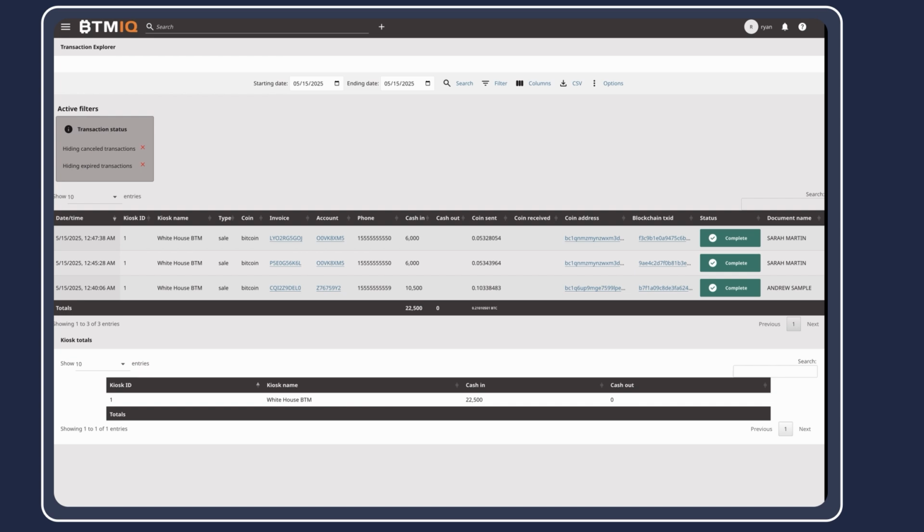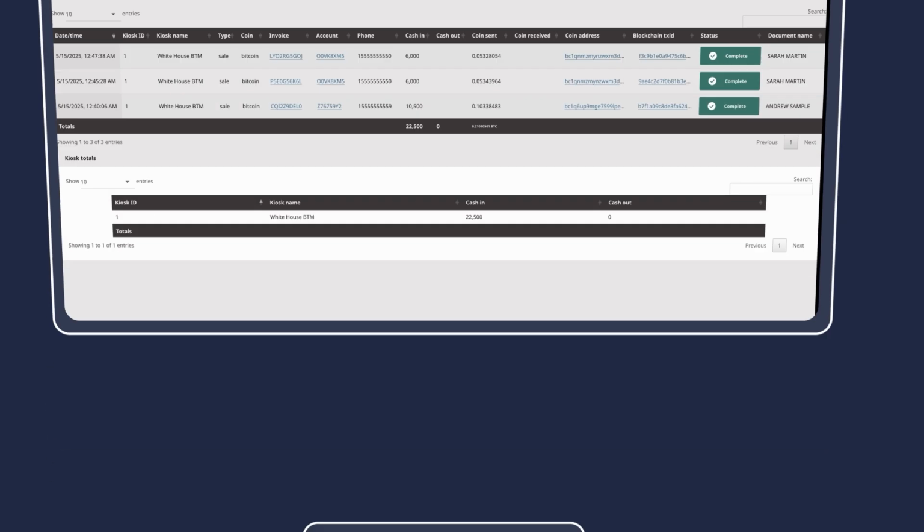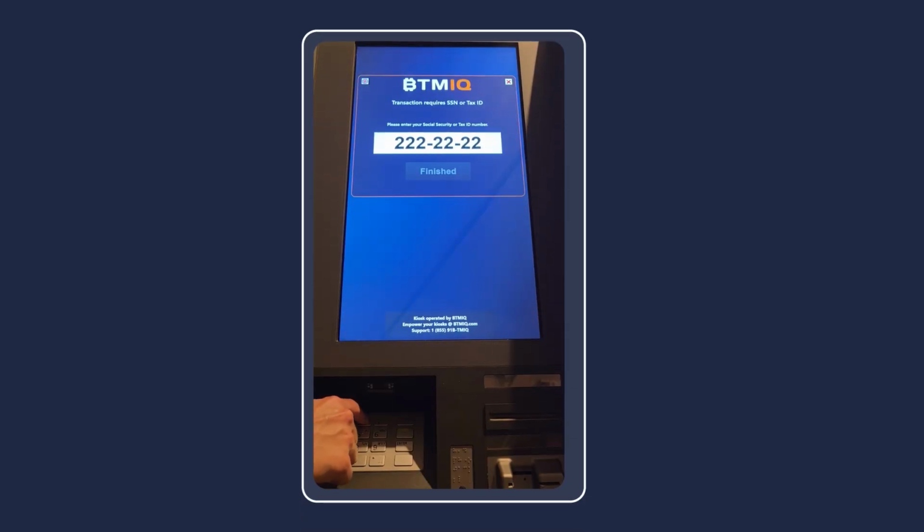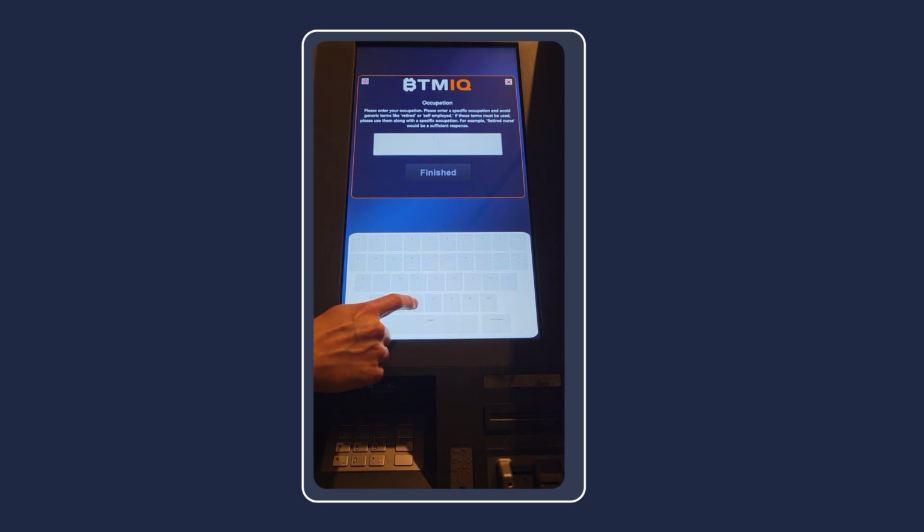In this case, we have two unrelated customers who've completed 3 transactions. One customer has a passport on file and the other has a driver's license. Check out our video on ID parsing for more information about the origin of these 2 sample customers. Both customers also provided their social security number and occupation at the kiosk, so the system has the KYC data